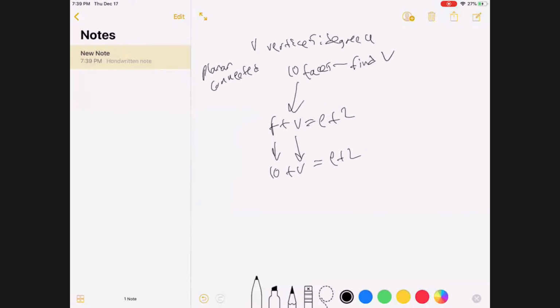And if you check the definition of the word degree, and I believe I mentioned at the beginning, the degree of a vertex is the number of edges that are leaving it. So for example, this vertex A has degree 4, and so it might be a vertex you find here. And so if they all have degree 4, well, we have to use this information to find the number of